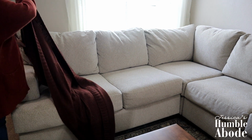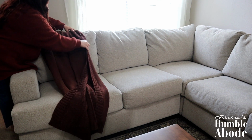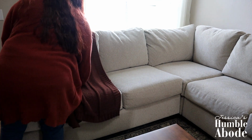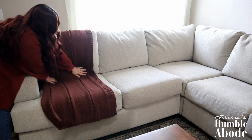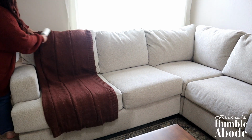If you watched my fall decor haul, then you know that I bought some of the old Studio McGee fall items from last year, and the mahogany colored blanket and pillows are items from last year, and I absolutely love this color. This is one of my favorite fall colors, and I couldn't use it before because I had a